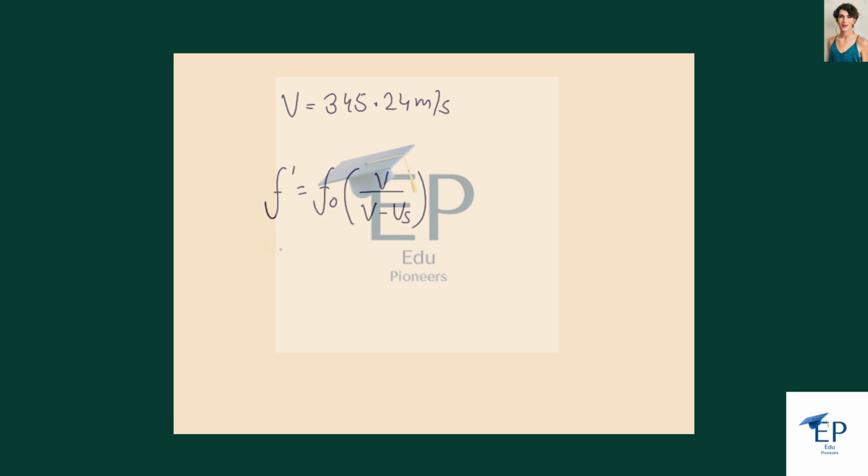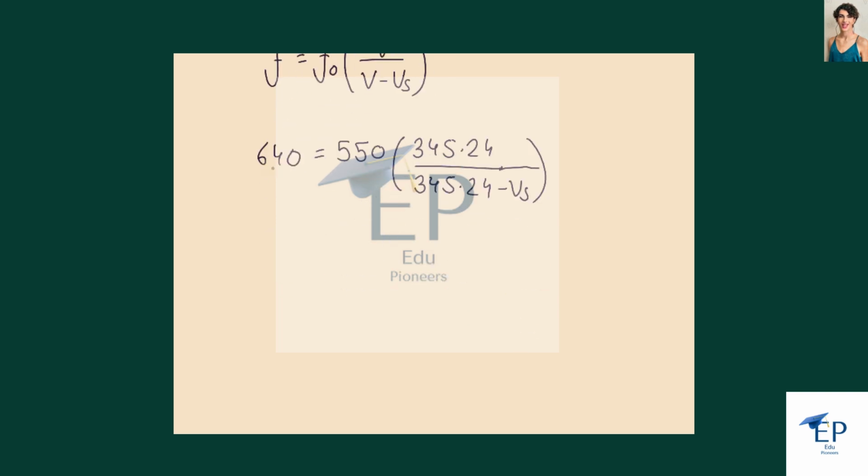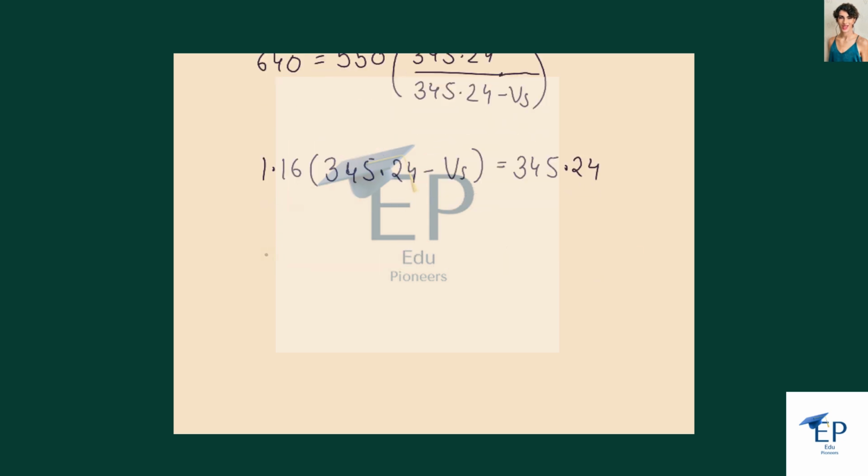Now let us plug in the values, and after plugging in we will get the answer. So it will be 640 is equal to 550 into 345.24 divided by 345.24 minus vs. Now calculating this, 550 divided by 640 will turn out to be 1.16, and we take this to the other side, so it will be 345.24 minus vs, that is equal to 345.24. And from here, if we open this bracket, we will get the answer as